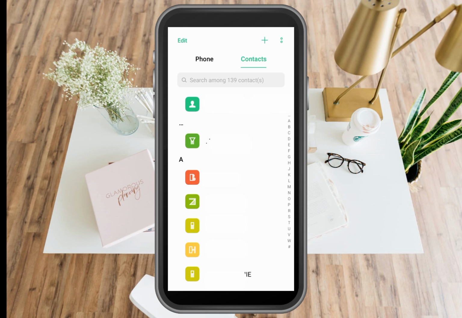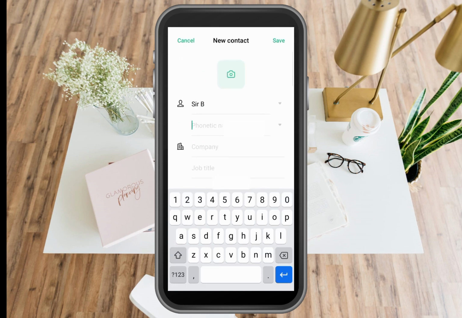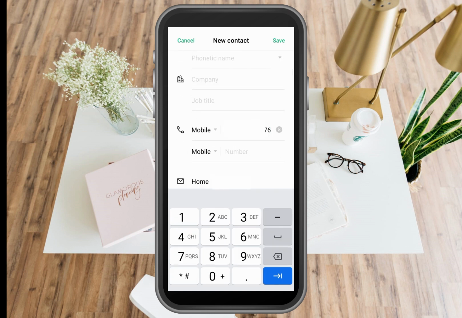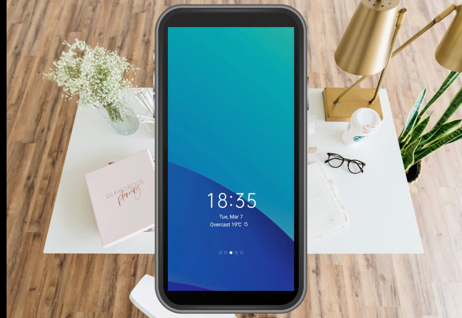First, you need to go to the contact list and save the person's contact details. For example, you're going to save this person's name as Sir B, and then after that, type the number, and once done, click Save. For privacy purposes, let me cover this number and this person's info. Now, go to your WhatsApp account,